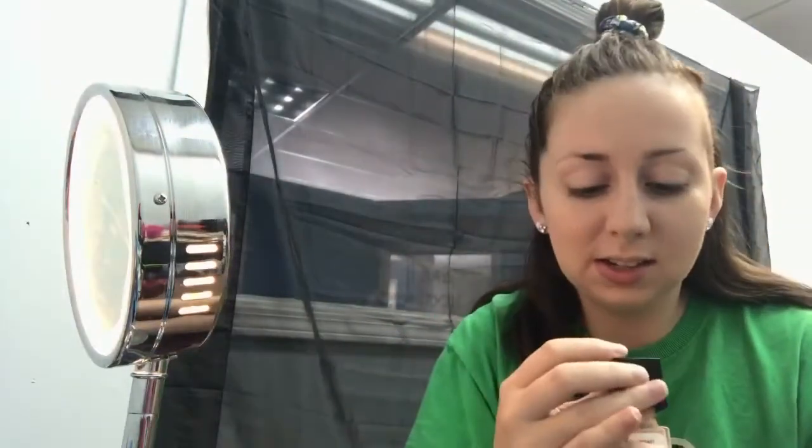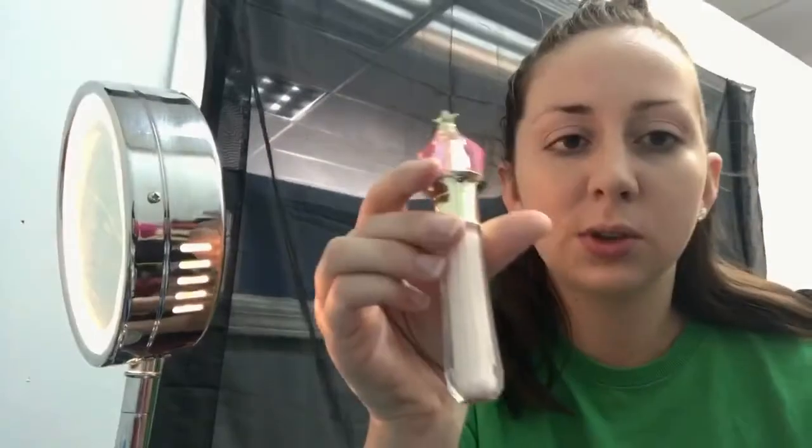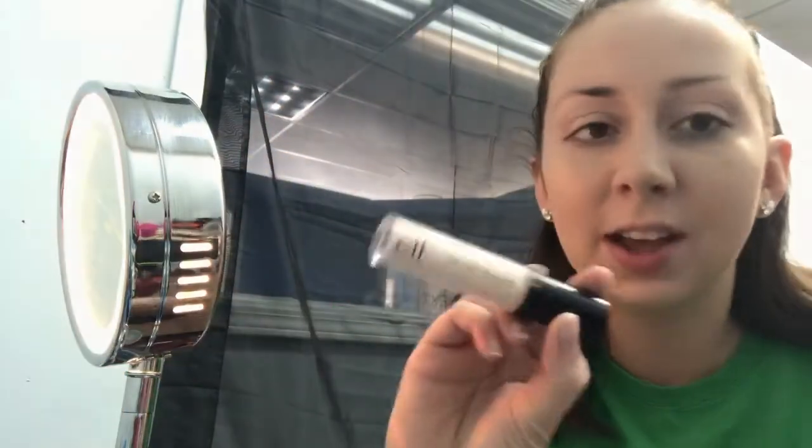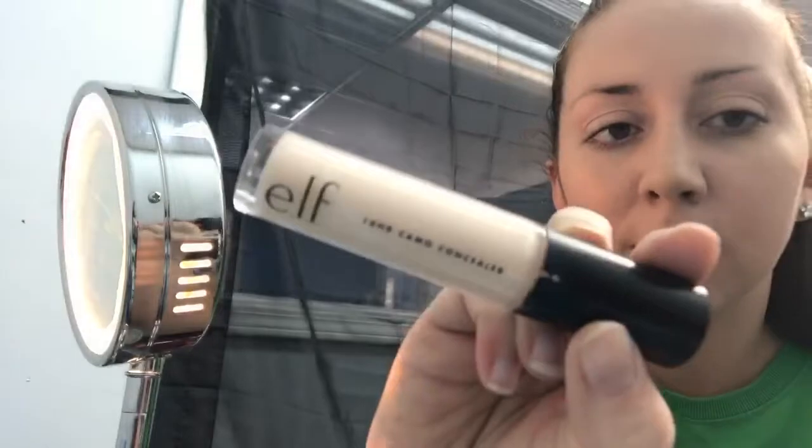Okay, now that I'm done with that, and I don't do the best job with blending or color matching, so sorry about that. This is in shade 112 Ivory. Now I have two concealers. Oh shit, that hurt. And one of them's the Jeffree Star. It's C4, so it has a little bit of pink because I'm a little bit pink and red in my cheeks. But the one I'm going to be using today that's really, really good is the e.l.f. 16-hour camo concealer. And be careful putting this on because it is super thick, like